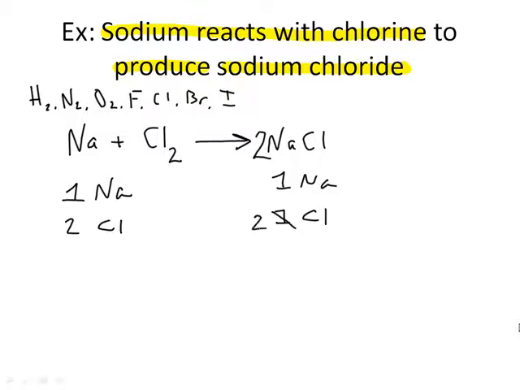That changes the chlorine. It also changes the sodium, because that 2 affects everything within the compound. So now my chlorines are equal, but my sodiums are off. So I have to go back to the reactant side and put a 2 in front of the sodium, at which point I've got an equal number of sodiums and an equal number of chlorines on both sides of the reaction. I also have whole number coefficients,